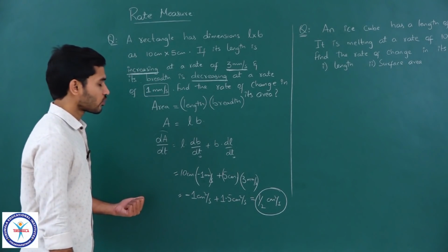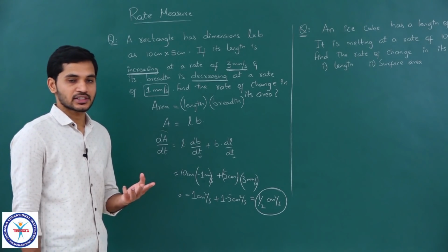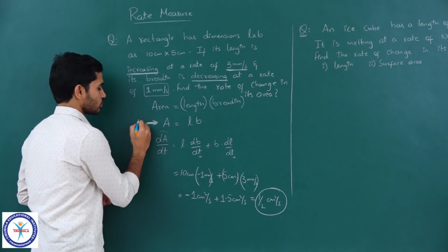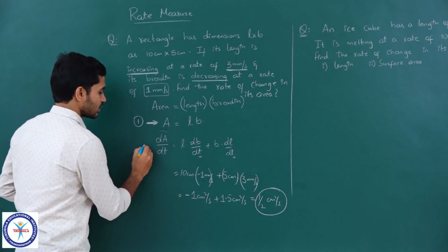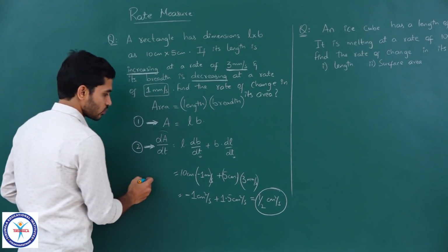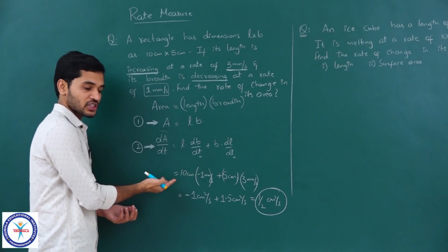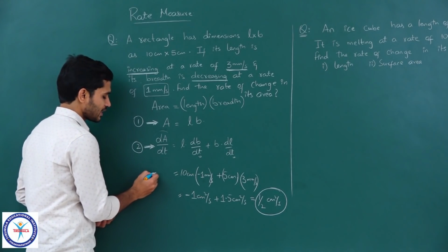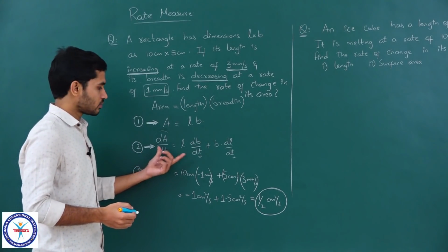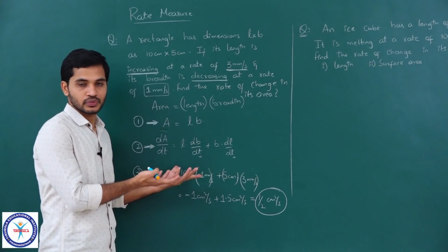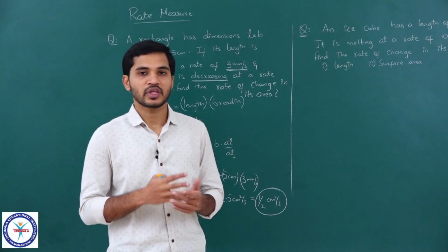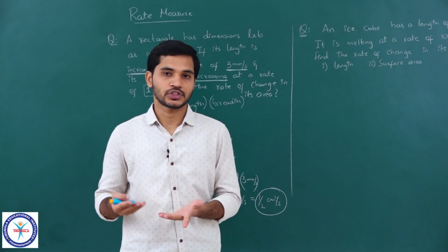So please observe carefully what we have done. As I told you, it is a 3-step process, right. First write the relation. So this is the first step. Second is differentiate that relation. So this would be the second step, and third would be the relation between the rates. Once we differentiate it, rest is just substitution. So you can look at it as third step, or 2 steps is enough. Once we differentiate it, we already get the relation between the quantities which they are asking us. So that is it, students. That is the method which we will be following in any case where they are asking you to find the rate of change, clear.